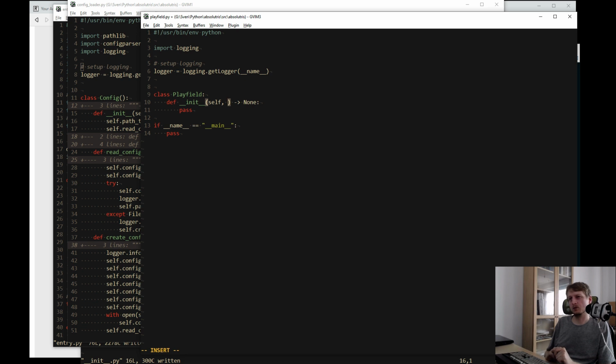So for the play field I want basically width, height, and maybe level. Right.